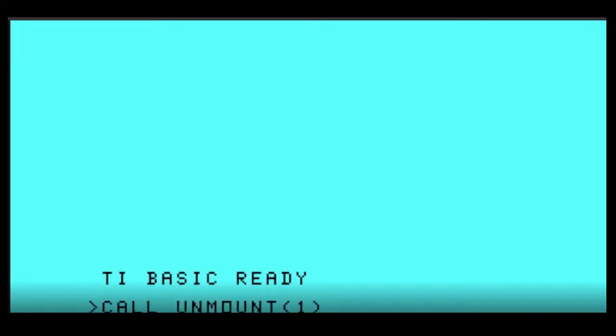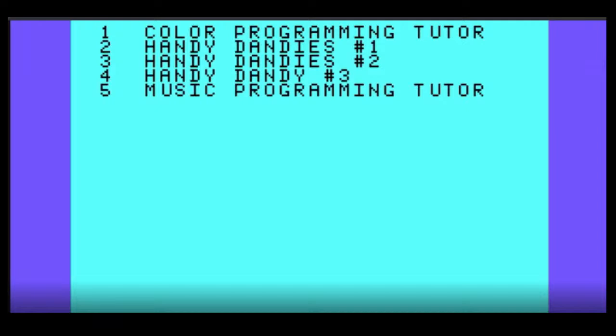You could try another Handy Dandy. Yeah, I can try putting that back in and seeing what it does. These discs are not all perfect. What was that, 863? I don't remember. Yeah, it was 863. So I'll try 3. Handy Dandy is number 2.